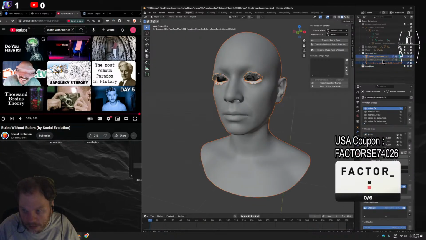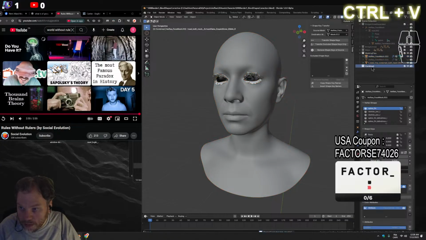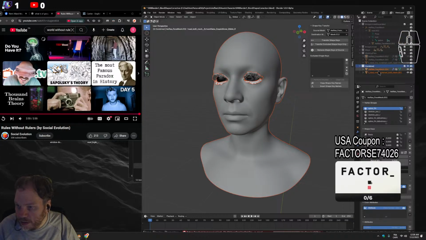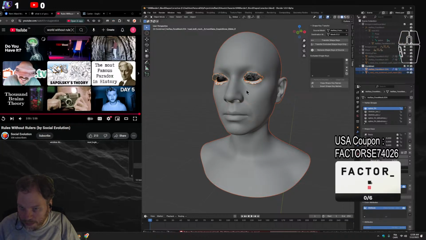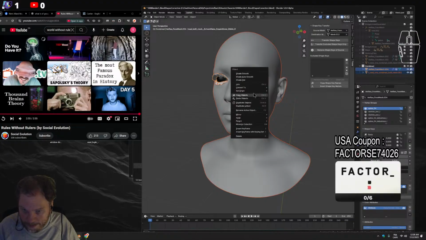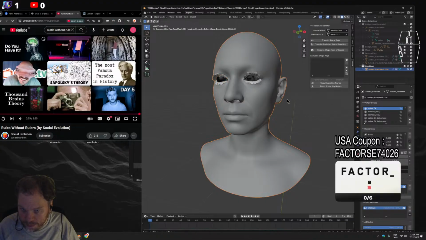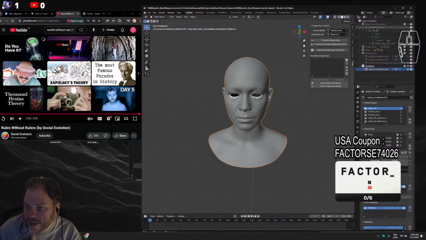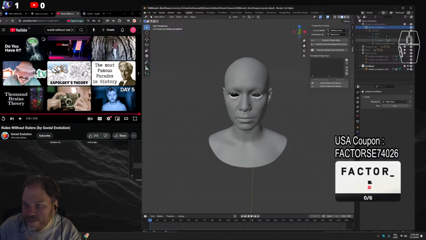Layout, control, paste. Let's hide this. Join. And then I want to do the same exact structure as this,